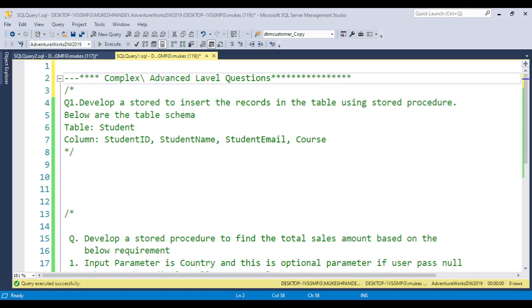This is a complex and advanced level interview question based on stored procedures, and these are real-time use cases as well. When an application is integrated with databases, we always have stored procedures to insert data into the table. Whatever activity you perform at the application level is captured in the relational database. So the question is: develop a stored procedure to insert a record in the table